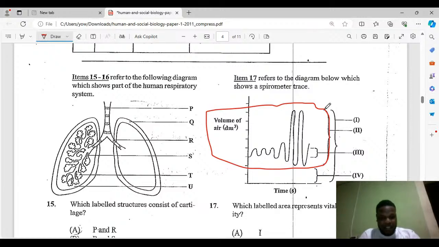All right, you see that? Somebody asked what is IV, and that is basically the residual volume. But I don't think they'll ask you that, TJ, because it's not in the syllabus. So they'll more stick to things that are in the syllabus. But it's really the residual volume. That's that blank space down there. TJ, it is called residual volume.